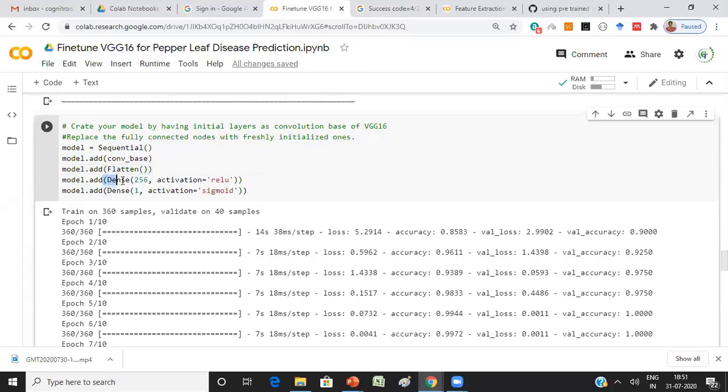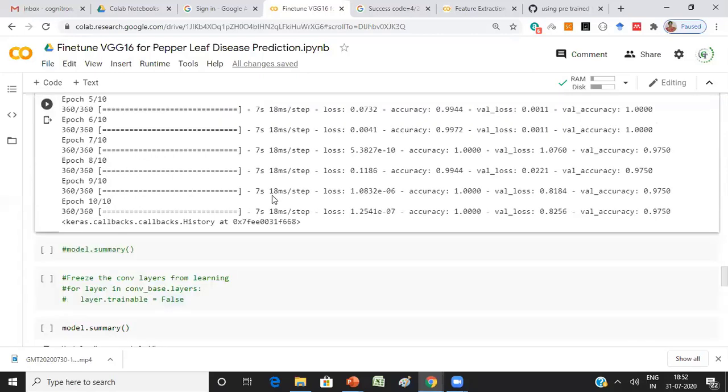So now I added one dense layer with the ReLU activation function, and then one more dense layer with the sigmoid activation function. Why am I using only one neuron at the output layer with the sigmoid activation function? What is my task here? My task in hand is leaf disease prediction. In leaf disease prediction, there are only 2 classes. For the time being, I have taken only 2 classes. So if there are 2 classes, your output layer in your neural network can have one neuron with the sigmoid activation function. That is how I added this as the final layer, where I get the final outputs from my model.